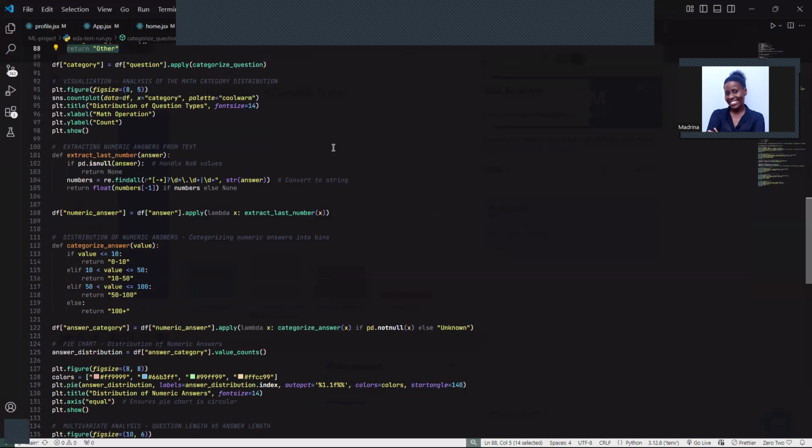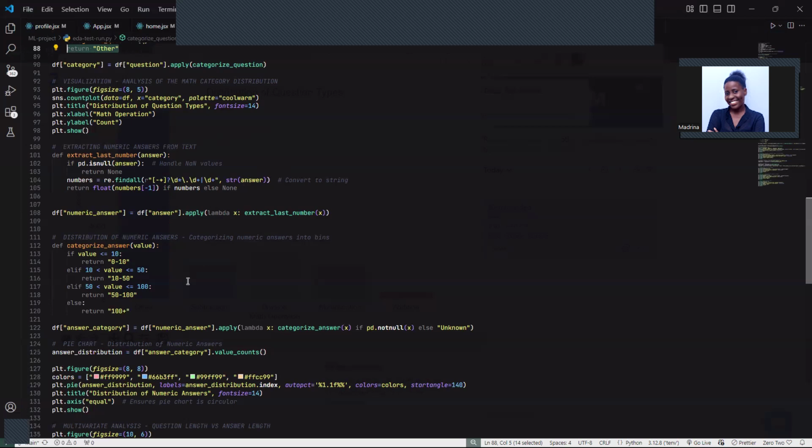Then from there, we are also going to see the distribution of numeric answers. So we are going to check our models and see where most of the answers lie. Are they lying in the hundreds? Are they lying between 0 and 100? So first we have to extract these numeric answers from the text. The data set we're handling is basically what I can call word problems in mathematics. So it gives us sentences with some hidden math calculations